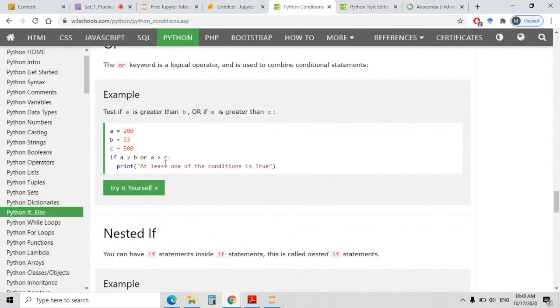And then you can have the "or" statement. Or means that either both of these conditions should be true, or if even one statement is true, then also it should be printed, right? So this "or" statement actually gives the liberty. This is something like the OR gate. You may have studied the gates, right? I guess some of you might not be aware of the gates. So the OR gate is actually the